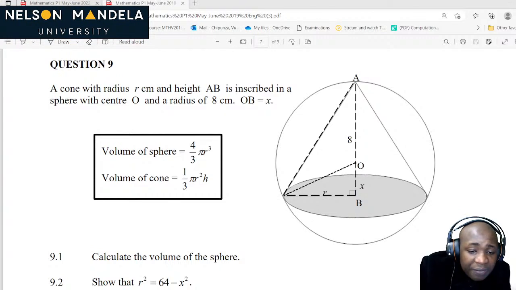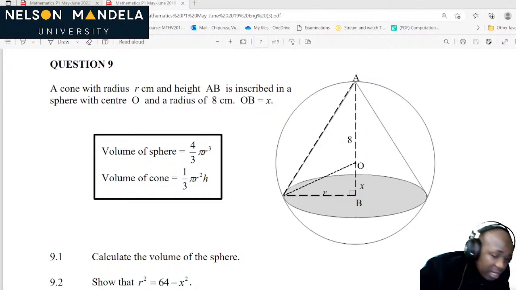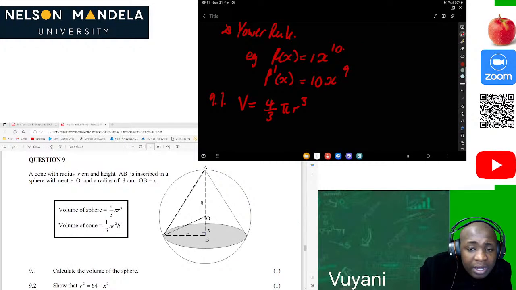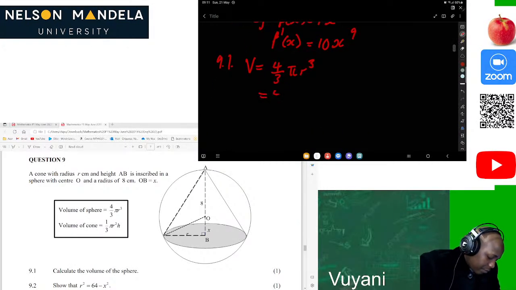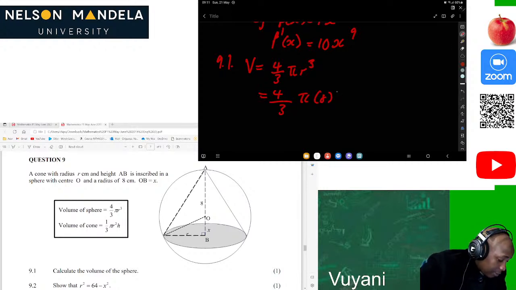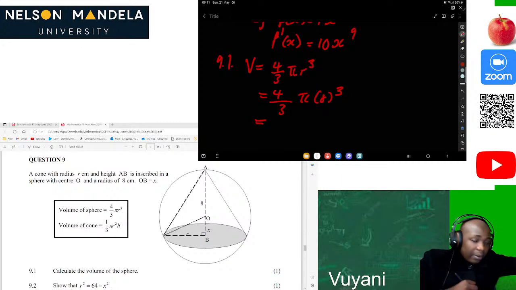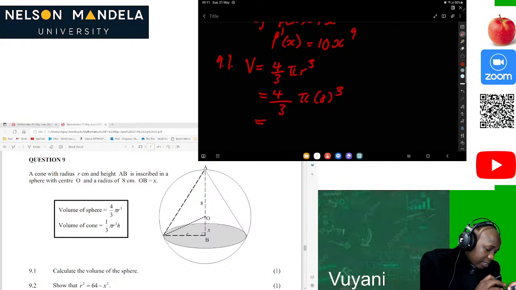So we just write 4 over 3 pi r cubed. Then what is our r? That's where it's important. Our r is going to be equal to 8. So it's going to be 4 over 3 pi times 8 cubed. Then we use our Casio calculator. Here it is. Let's go. 4 over 3 times pi times 8 cubed. Then I'm getting